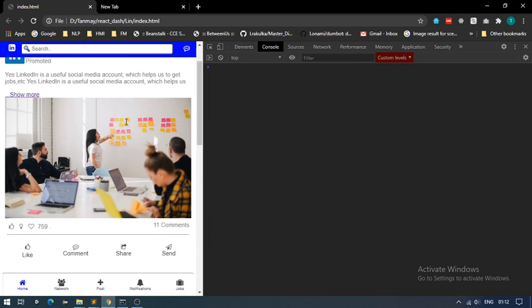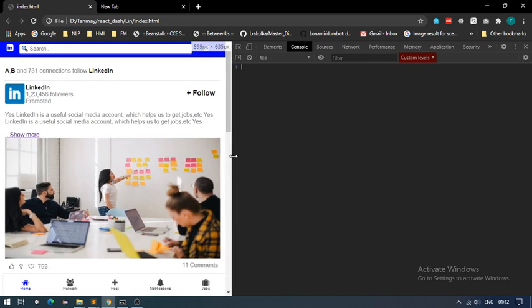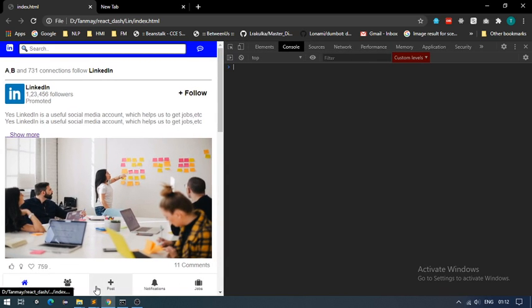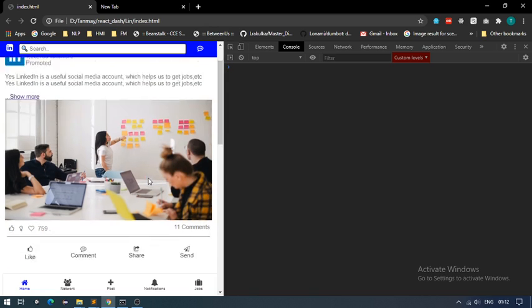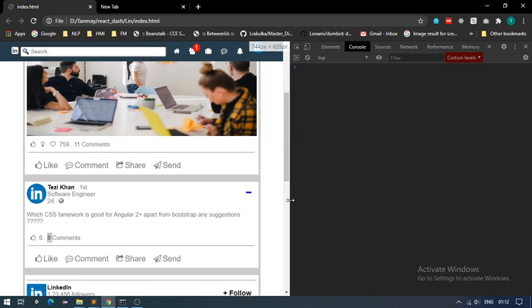So this is the UI, and as I shrink the tab, all these things come up, and the icons which were here at the starting point just came down. As this is a static page, you can see that all the data here is static, and obviously you can connect it with your backend server like Mongo and Firebase. The learning part here is how the responsiveness works and how you can create such a website.